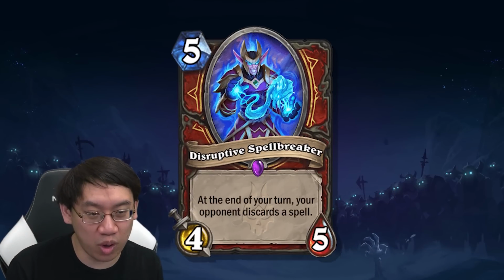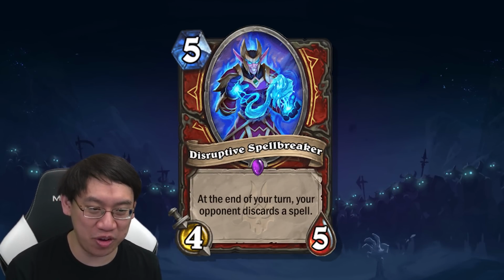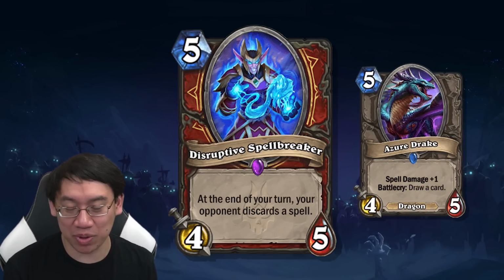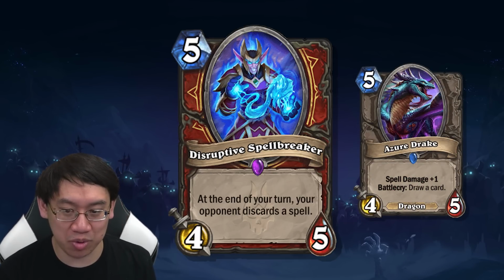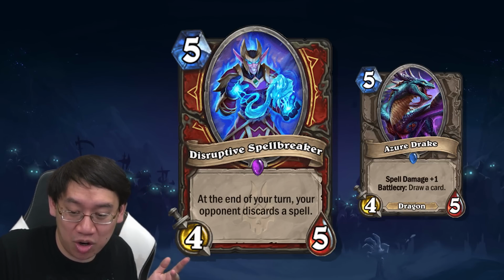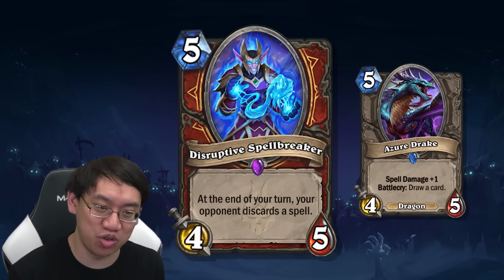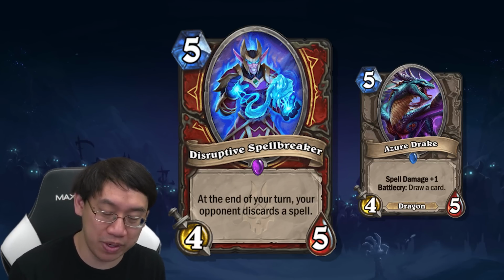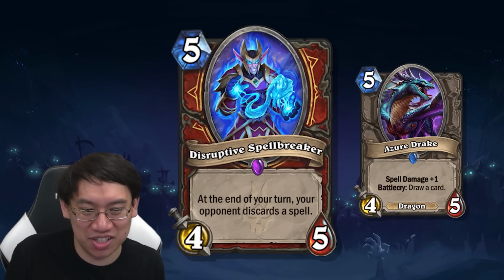Warrior also has Disruptive Spellbreaker to ruin the opponent's spells. 5 mana 4/5, at the end of your turn, your opponent discards a spell. Azure Drake, for comparison, 5 mana 4/5, draw a card. Disruptive Spellbreaker, 5 mana 4/5, opponent discards a spell. So very similar to Azure Drake, except this is a constant ongoing threat. So it basically has must-remove as well, and if they don't remove it,